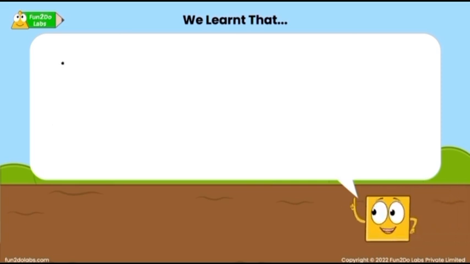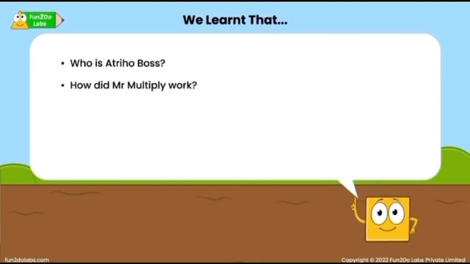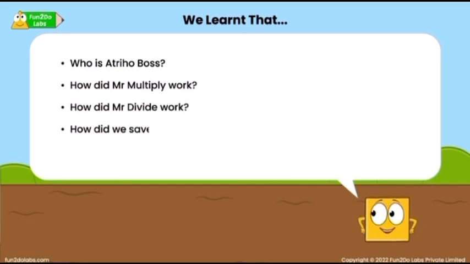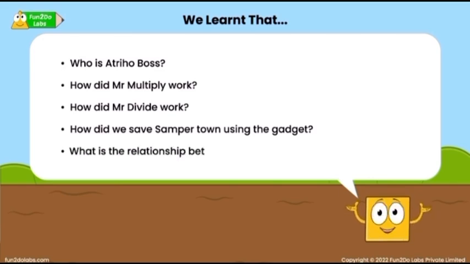Let's discuss. Who is a Treehoe boss? How did Mr. Multiply work? How did Mr. Divide work? How did we save Sampertown using the gadget? What is the relationship between